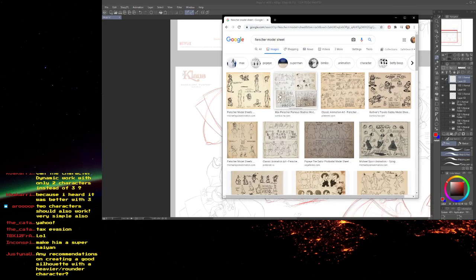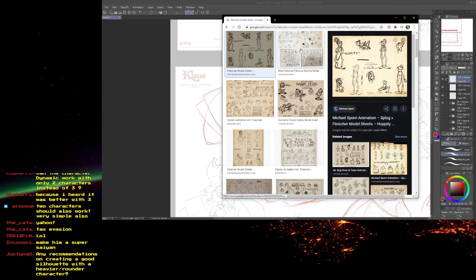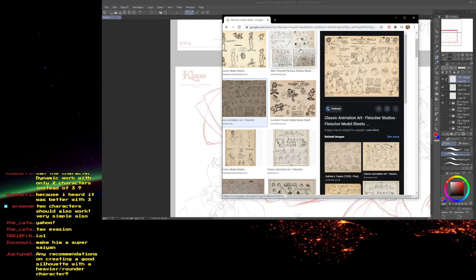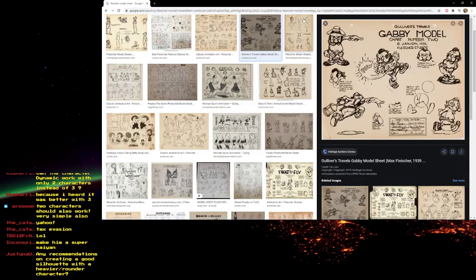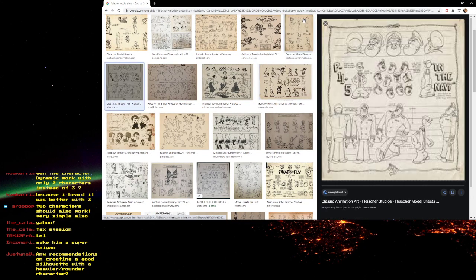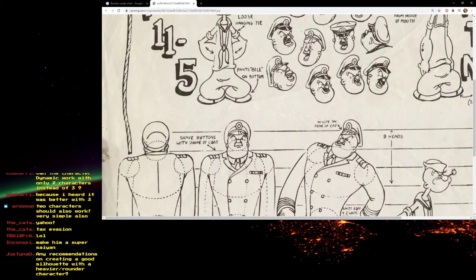Let's go down a little brief rabbit hole of Fleischer Studios model sheets. Gabby. This is from a Popeye short. You can see how they're pretty specific about